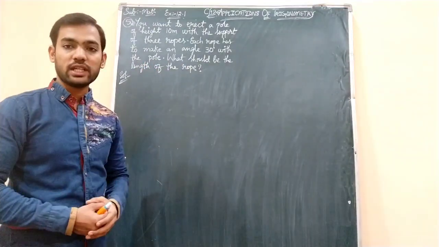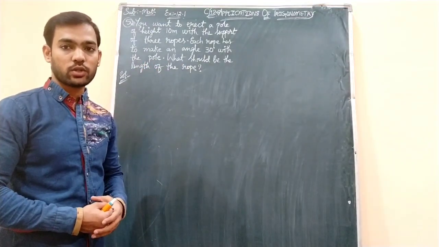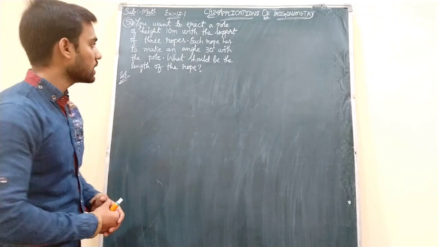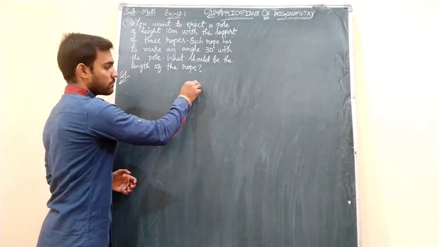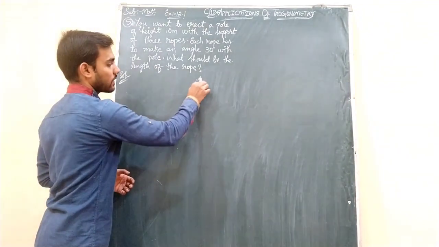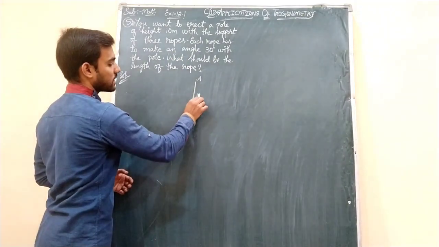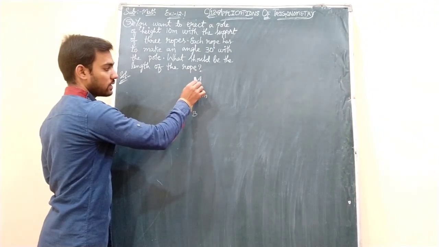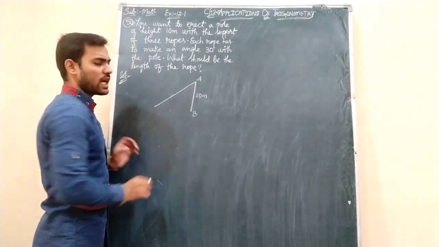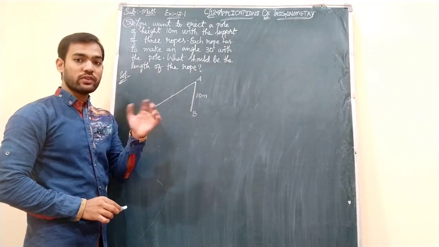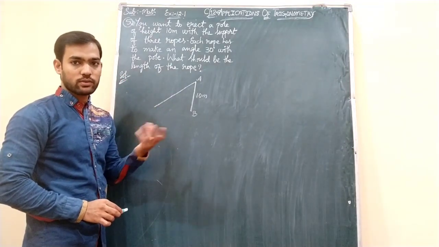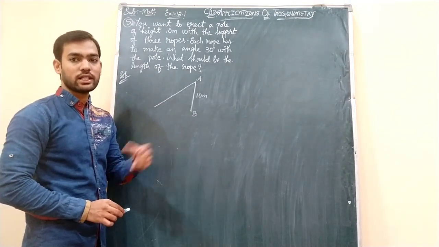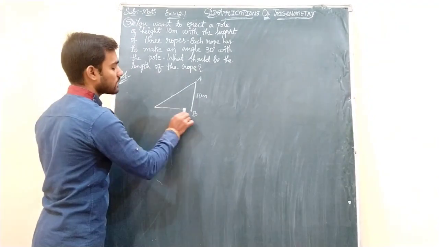What should be the length of the rope? We need to find out the length of the rope required, which means overall the length of the 3 ropes you need to calculate. So here the diagram should be like this. This is the pole AB whose height is mentioned as 10 meters. Now this needs to be made to stand with the help of 3 ropes, but I will draw only 1 rope here, and at last we will multiply that length of the rope by 3, because the length of the 3 ropes is asked. We will draw only 1 rope and multiply it by 3, then we will get the complete length of the rope. Okay, so this is the ground.